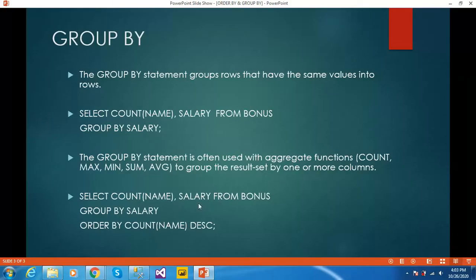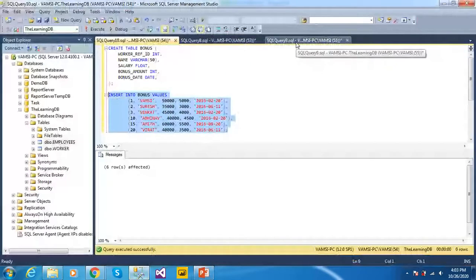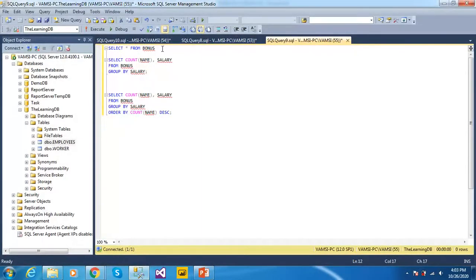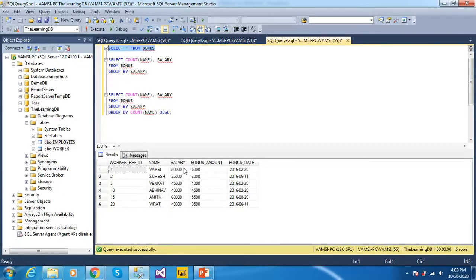Let us see how this works practically. I have a table called bonus. Select star from bonus, and let us see what is count. Count is nothing but, for a specific column name, it will give the number of rows in the column.